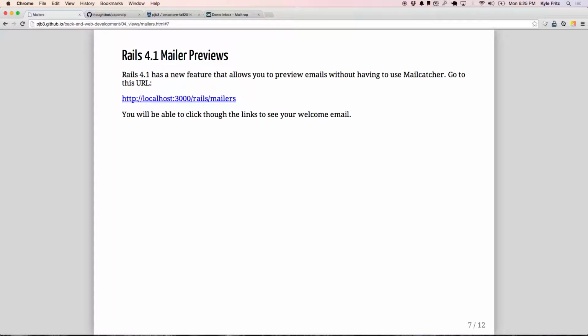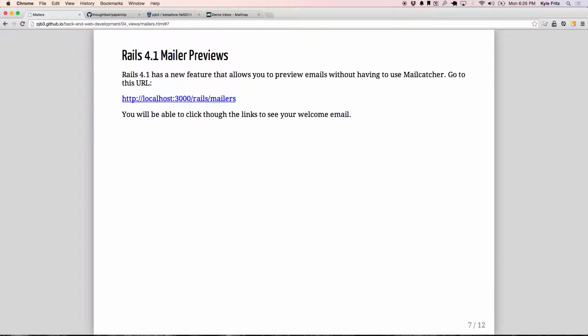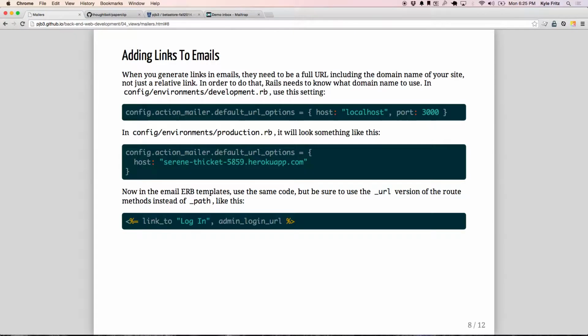Cool. So that's what we're going to use. Instead of Mailcatcher, we're going to use Mailtrap. Then the next thing that we're going to do here is talk about these Rails mailer previews. In order to do that, we need to actually create mailers. This slide here, slide 8, is talking about a couple things that are kind of important in the context